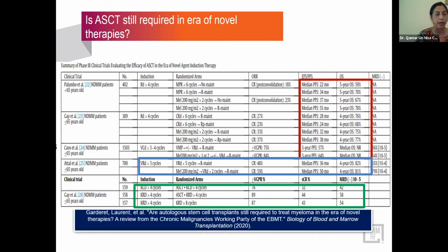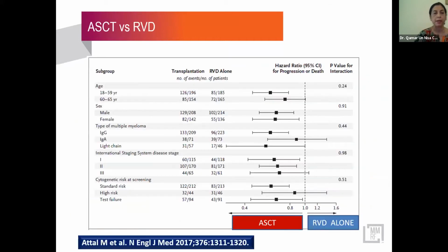And more recently, we have the KRD, carfilzomib, in combination with either cyclophosphamide dexamethasone or with lenalidomide dexamethasone, followed by transplant. And although earlier results did show comparable results in terms of the response rate as well as attainment of MRD negativity between the transplant and the non-transplant arm, later updates have shown that there is a significant advantage in terms of progression-free survival for high-risk patients who received transplant. So